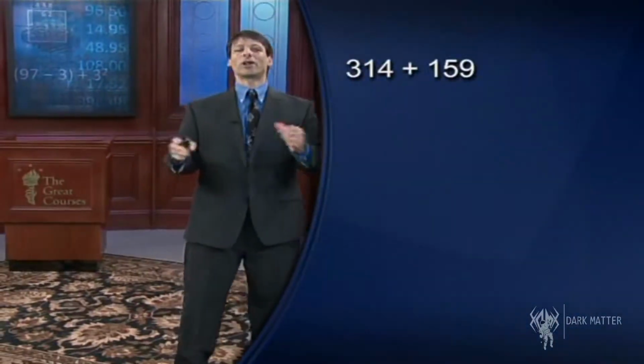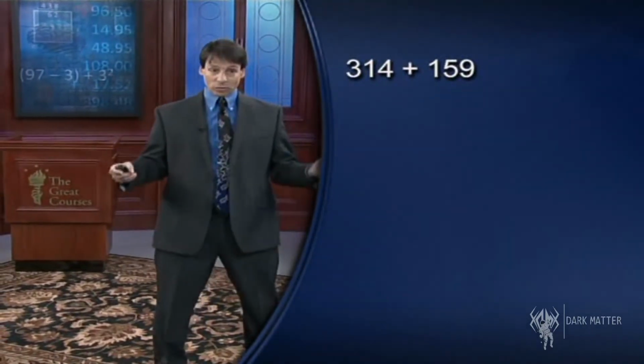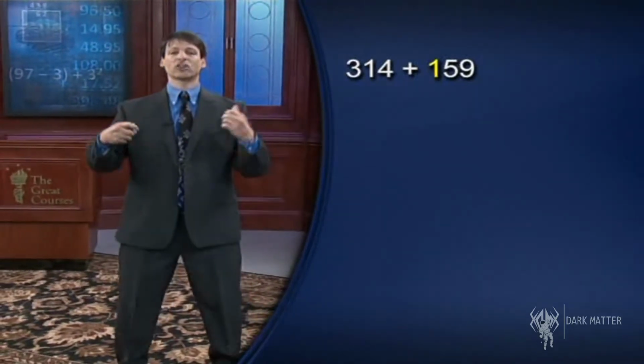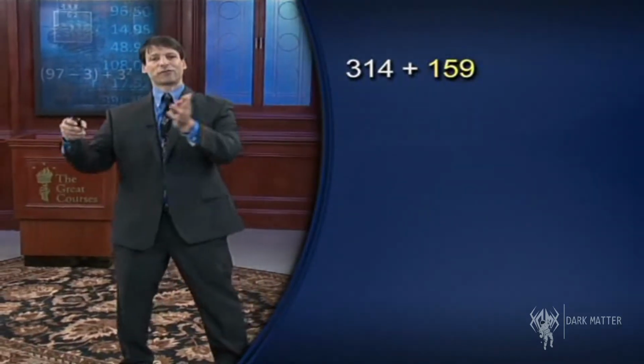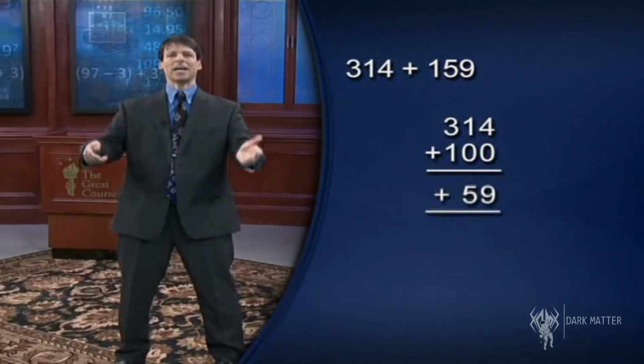Now, in order to add any two three-digit numbers together, it's a simple process. First, add the hundreds digits, then add the rest, the tens and the ones digits. Let's try the addition problem 314 plus 159. Say it out loud. 314 plus 159. Our strategy is to add 100, then 59. So 314 plus 100 is